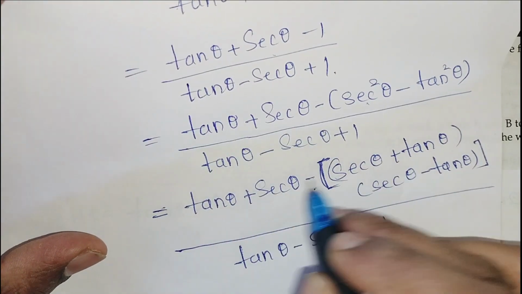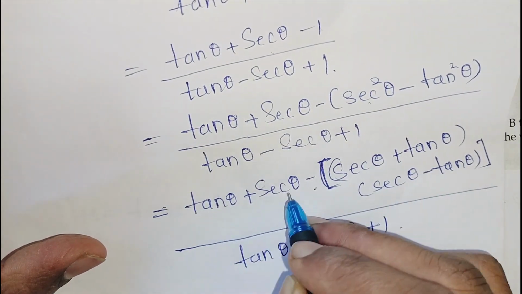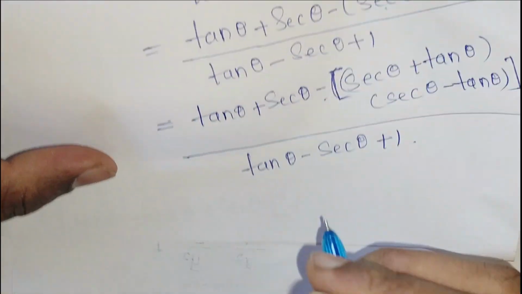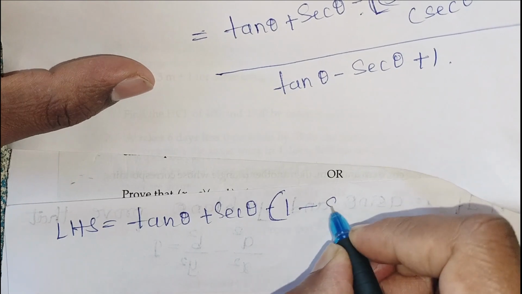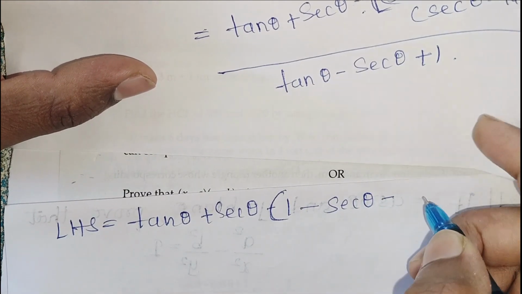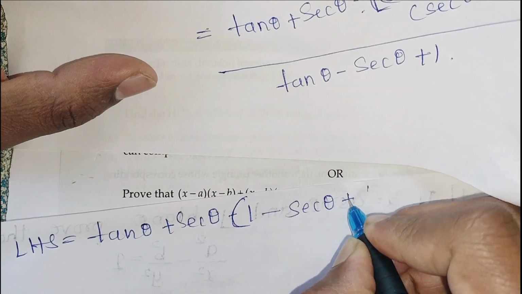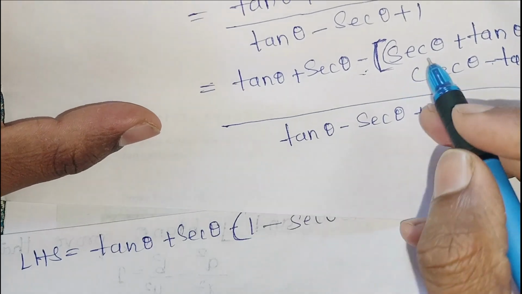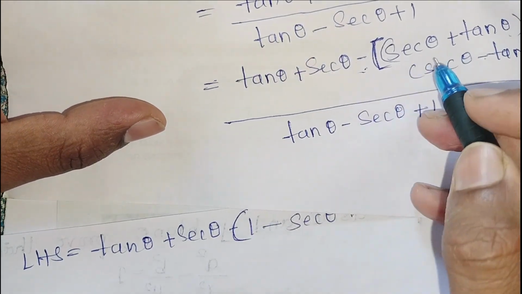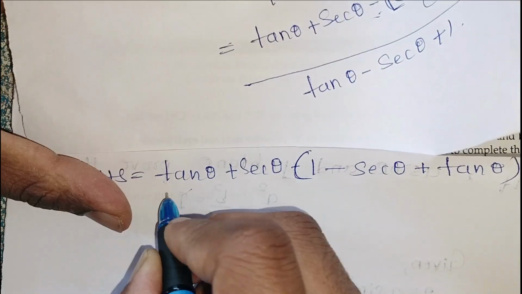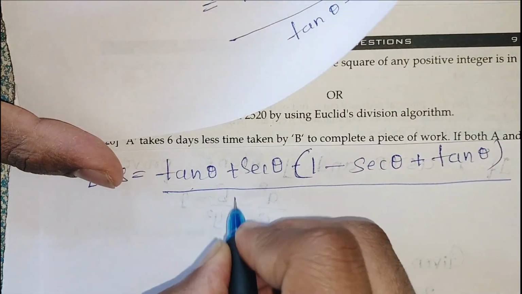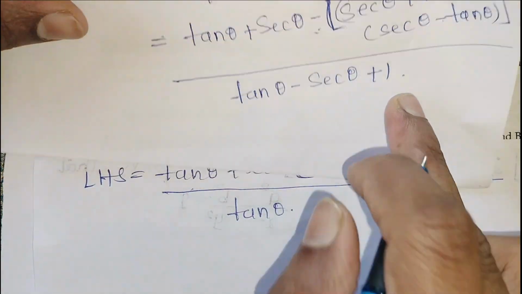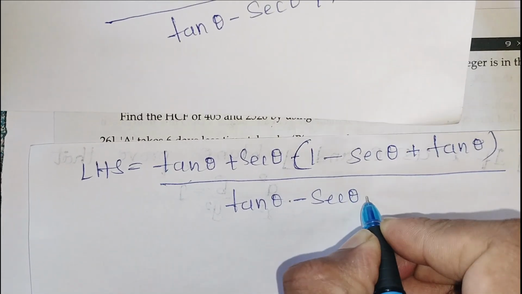We can take, in these two terms, tan theta plus sec theta common. Okay, that becomes 1 minus sec theta minus, this becomes plus tan theta, that is minus into minus plus, and this tan theta plus sec theta is taken common outside, and hence the further process is tan theta plus sec theta, tan theta minus secant theta plus 1,